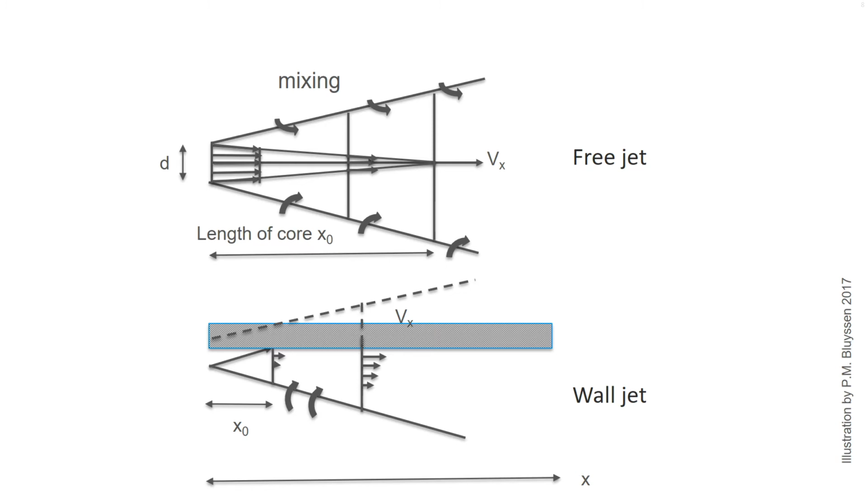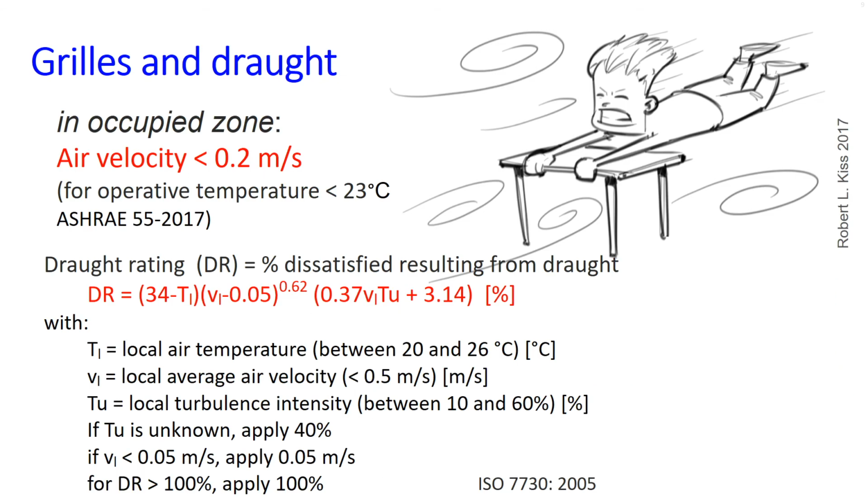With an increasing turbulence, the rate at which the jet becomes thicker increases, as does the rate at which the velocity on the axis decreases, giving a shorter throw. Because of this sticky effect, a wall jet will continue longer than a free jet, and will therefore enter the occupied zone later. However, this depends also on the temperature of the air supplied and the room air temperature, and thus the existing airflows. The supply of air into a space through a grill can cause draft when the supply air temperature, the setting of the blades and/or the air velocity are badly designed and/or set.